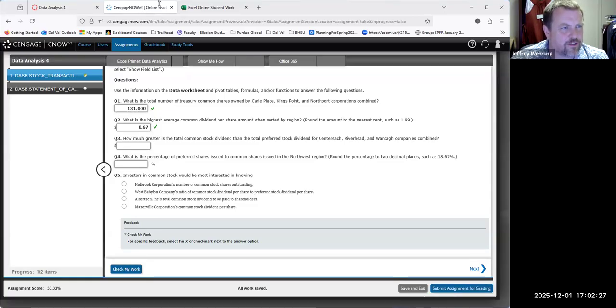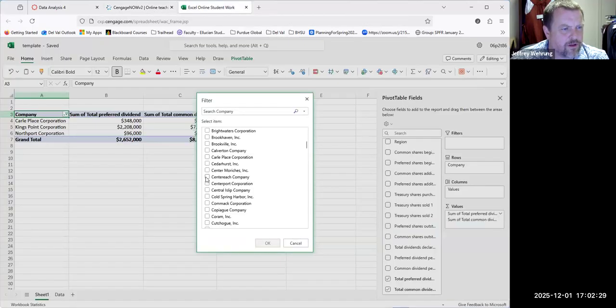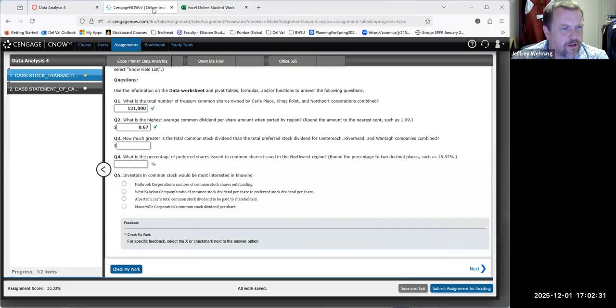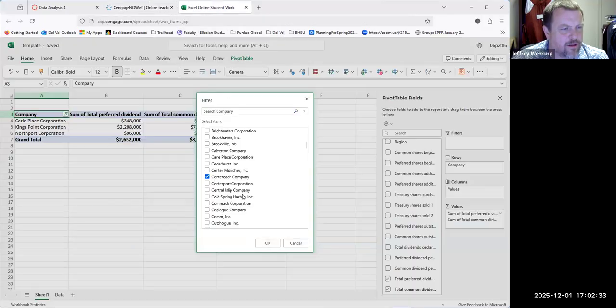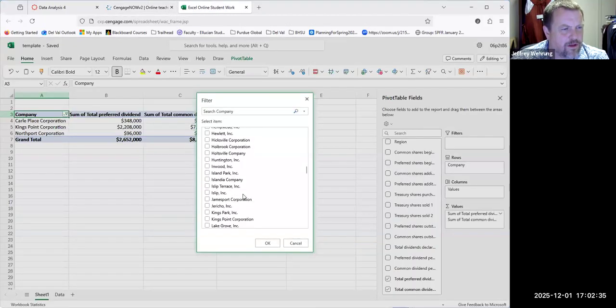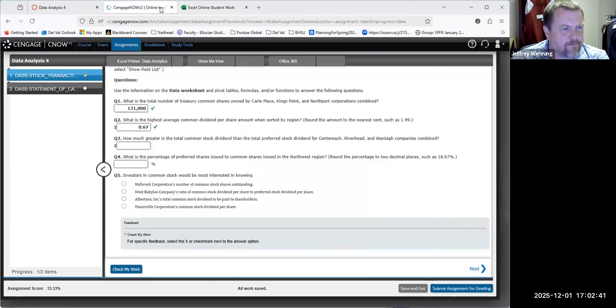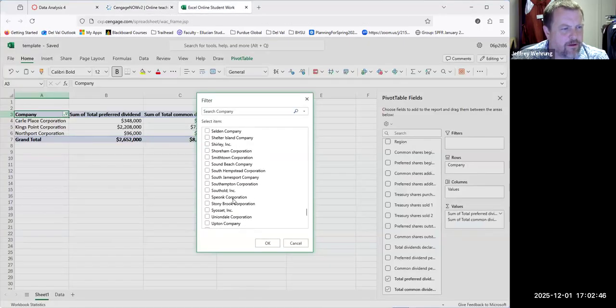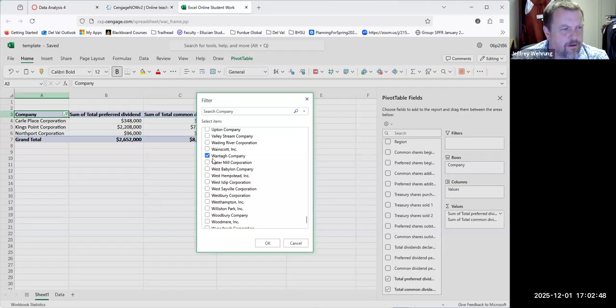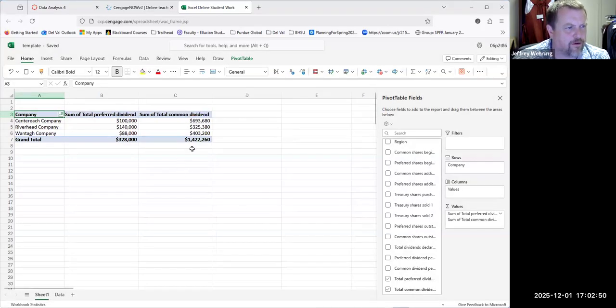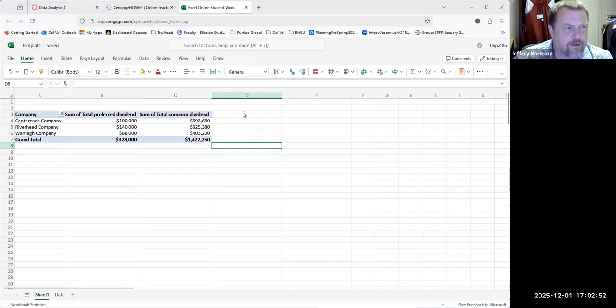Center, CentralReach. Okay. Riverhead. Okay. And Wantog. So I filter by those, and I am looking for